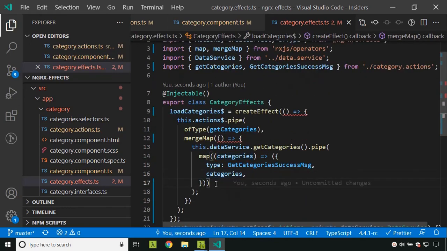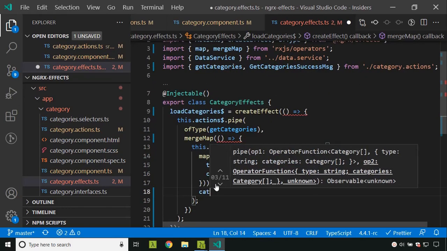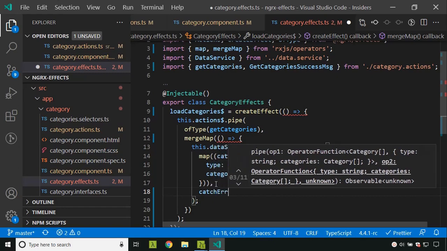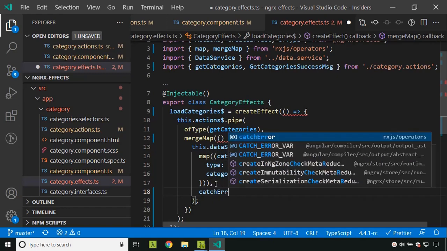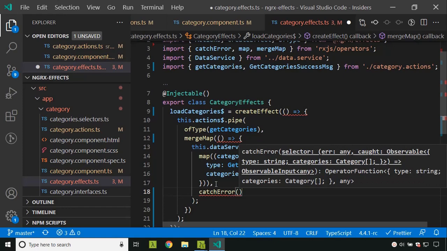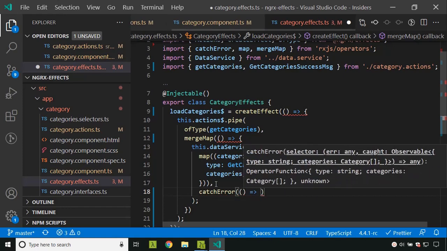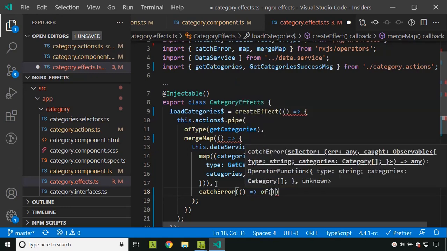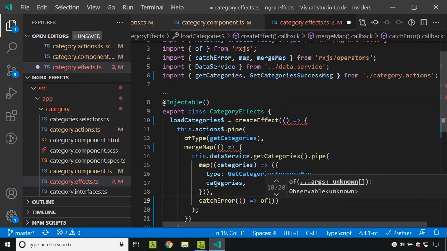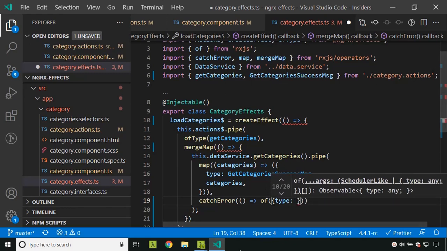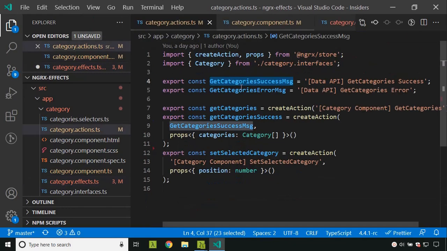Now in case of error, we can add the catchError operator, and we can return another type. So I have defined an error message here.